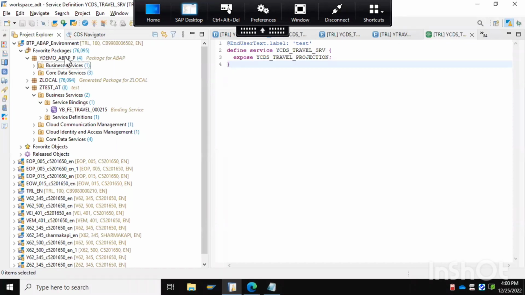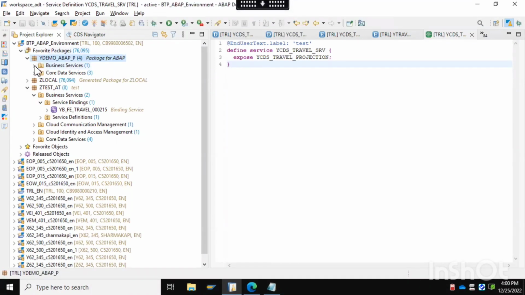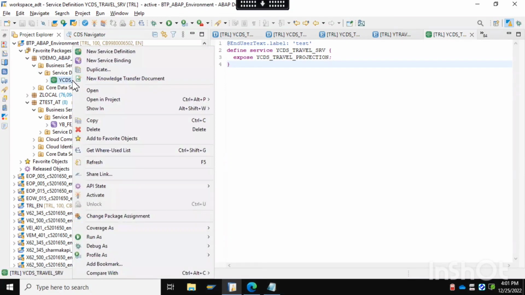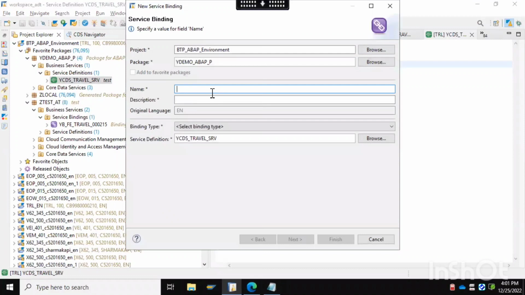So after refresh the existing package, you can see one node has been created within the package. You can see business service has been created. Now we'll bind the service definition. Just right click on the same and you can see there's an option to bind the service. So just click and continue and put the name